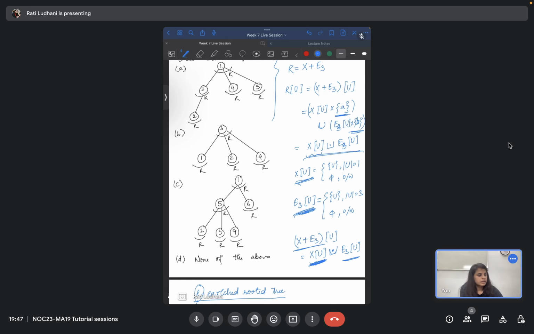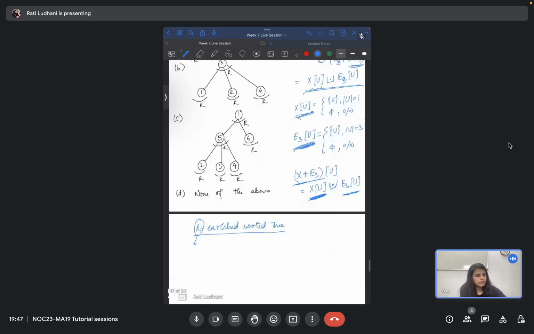For example, I can write x plus e3, the number of structures will be equal to xu plus e3u, right? So when it will be non-empty, or I can just write,